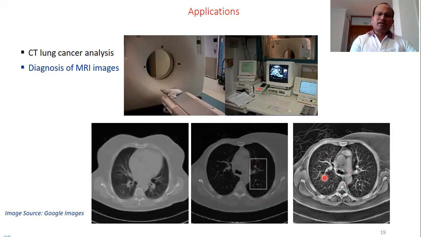And you can see here, clarity is more, more visibility is there in the third image. So the tissue structures can be seen in a better visible manner, and then we can better diagnose with the images. There are hundreds of other possible applications of smoothing or spatial filtering operations, such as remote sensing applications.